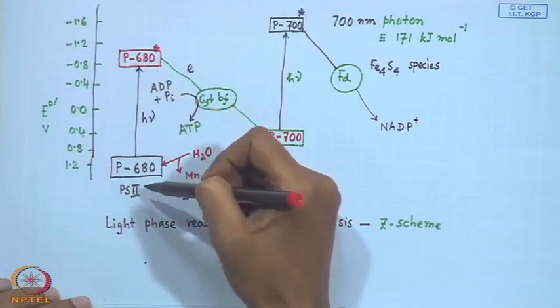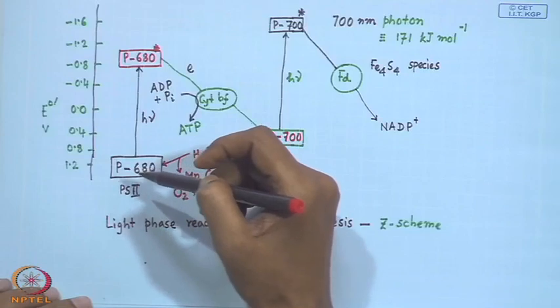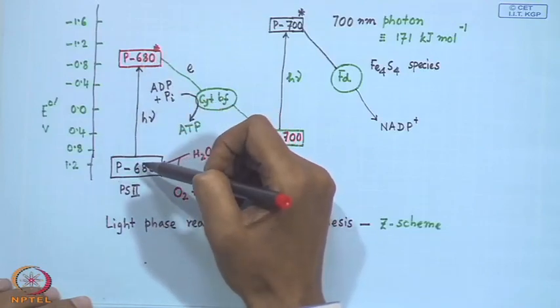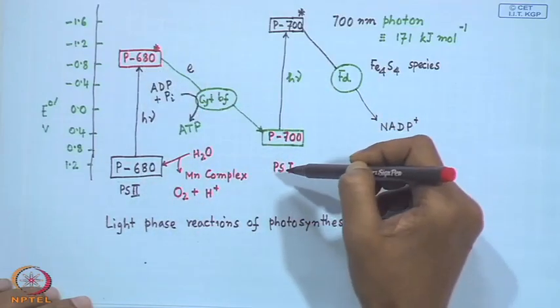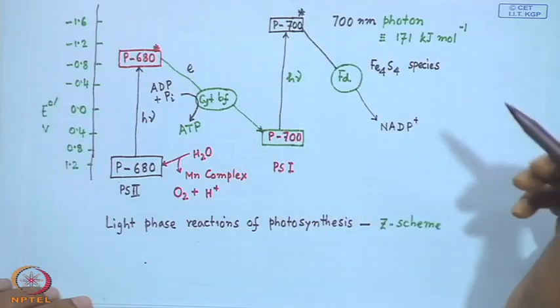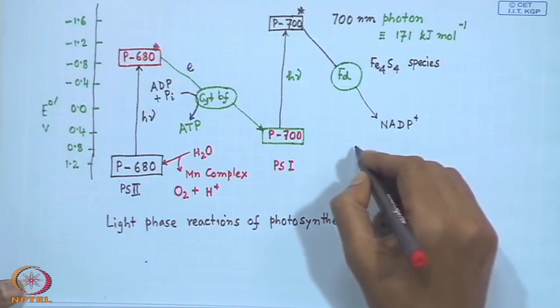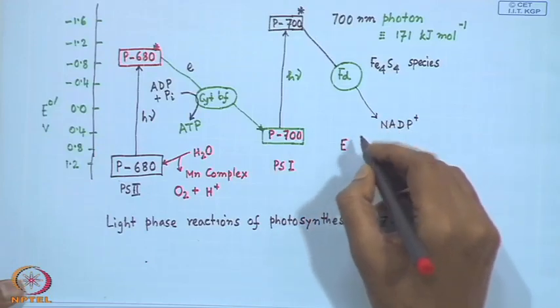So, we see that these are thermodynamically unfavorable. Due to this photo excitation, you move from here to here, and in the case of photosystem 1, you move from this step to the other step. So, when we go for this, you will have the electrons, and those electrons will flow